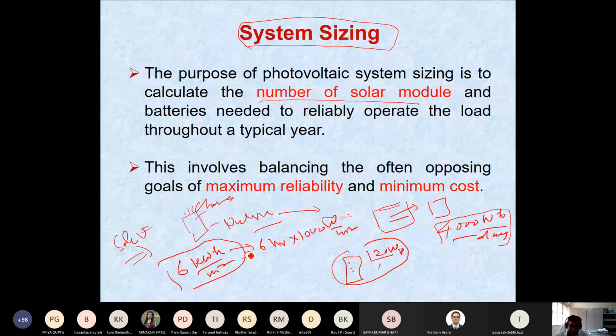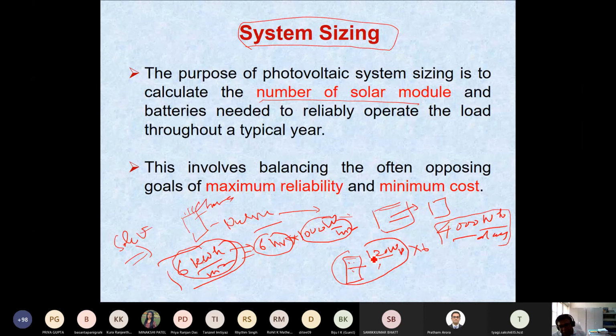So I can work this out: the 6 kilowatt hour per meter square corresponds to 6 hours at 1000 watt per meter square. So you can multiply the rating by 6 hours. That means in one day, this module will be able to produce, as an estimation,